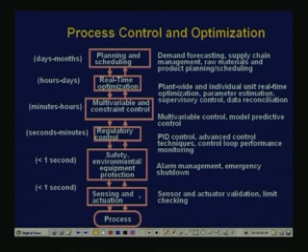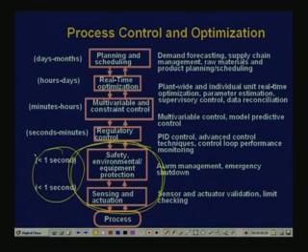At the bottom level you have sensing, actuation, protection, and alarm systems, which typically work at sub 1 second time scales. Then you have what they call regulatory control, which we call automatic control. So, this is kind of level 0. Then some of it is actually level 1,